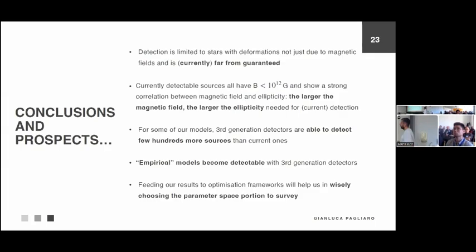So I finish here because I think I ran out of time, and I'll leave you with this. I just want to stress the fact that in view of third generation detectors, the fact that our empirical models become detectable is extremely interesting because they are basically built from observations in the EM spectrum. And so the fact that this will be further refined means that in future, when we use this data, we can practically constrain the last parameter we cannot constrain in EM observation, which is ellipticity, but on a galactic scale and not for a single object individually. So that's it.